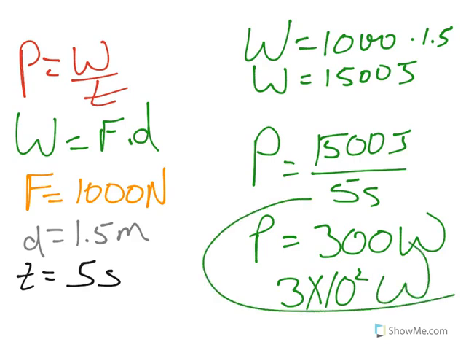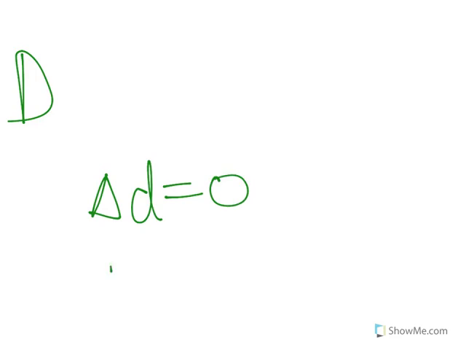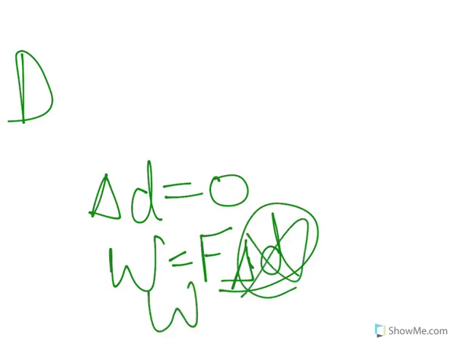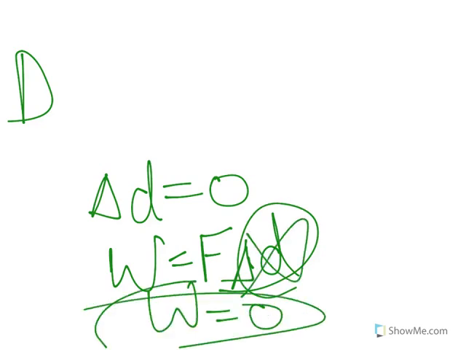Alright, then the last one. Which object would require no work to be done? The answer is D, because if you're holding an object stationary, the change in displacement would be equal to 0, and work is equal to force times displacement. So if this is 0, then there is no work being done. Alright, and that is the answer to the multiple